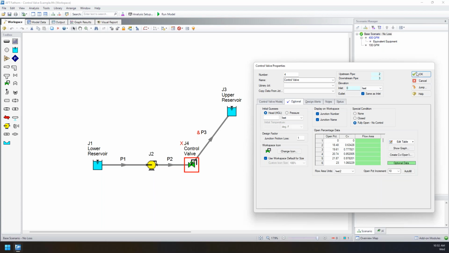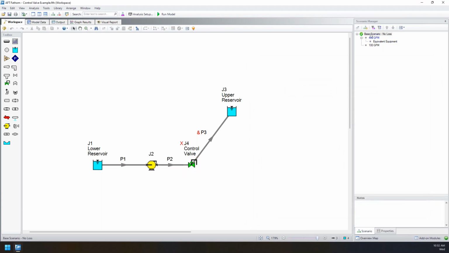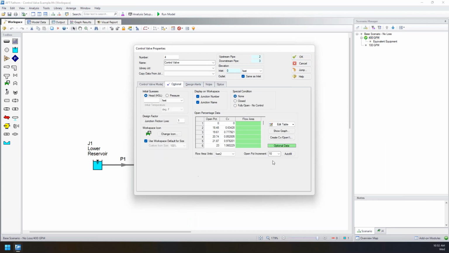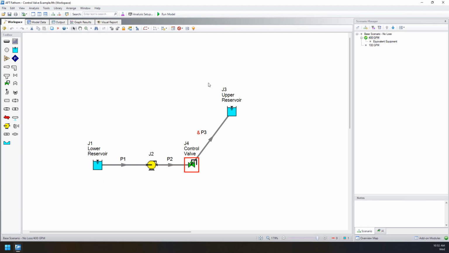So if we click OK, again, we made that change in our base scenario. So if I go into my child scenario, I can see that it too has incorporated that open percent data. So the next thing I'm going to do, again, kind of a tidbit feature, maybe a tip or trick, is